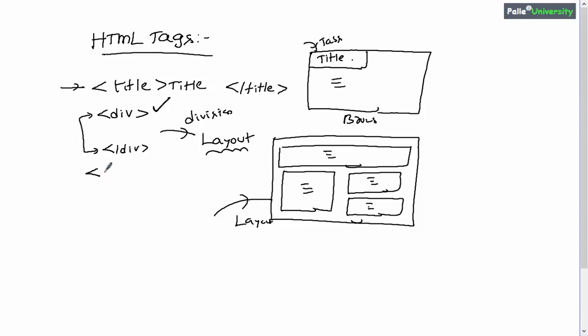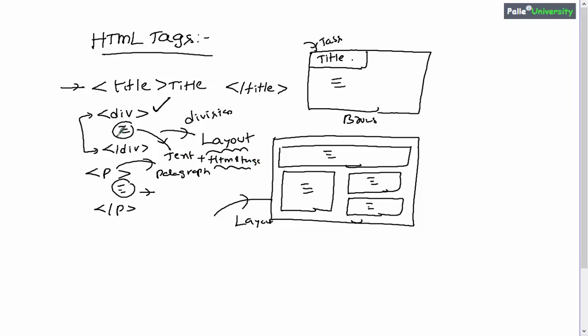Apart from the div tag, we have something called the p tag. P for paragraph, right? No special explanation is required for the paragraph tag. In general, inside the paragraph tag, you are allowed to write some content. Even inside the div tag you are allowed to write some content. It can be plain text content, or you are also allowed to use some other HTML tags inside the div tag. But remember one important point: you cannot place a div tag inside the p tag. If you have a p tag, you should not place the div tag inside the p tag, which is an incorrect approach.